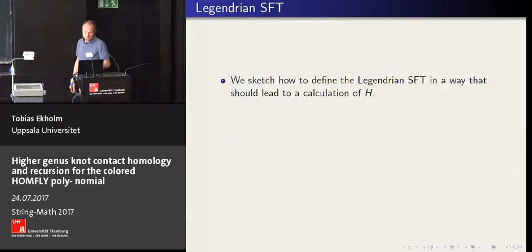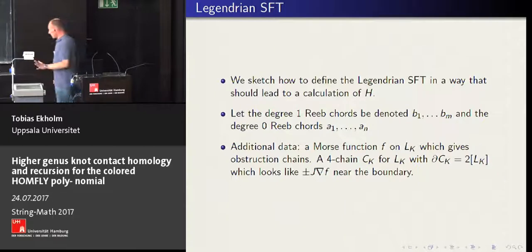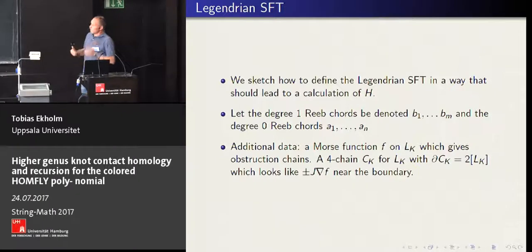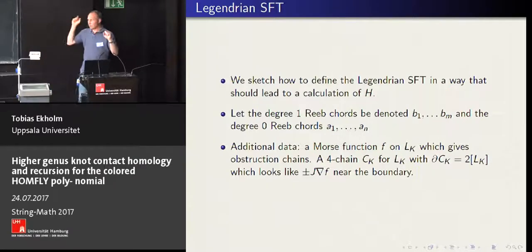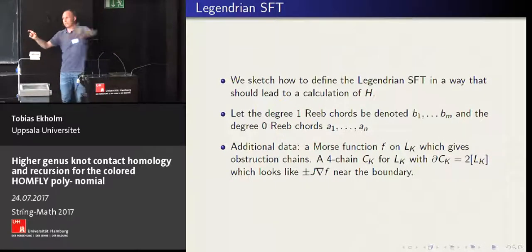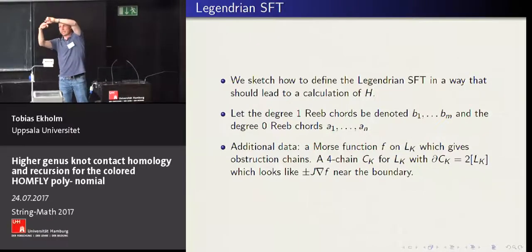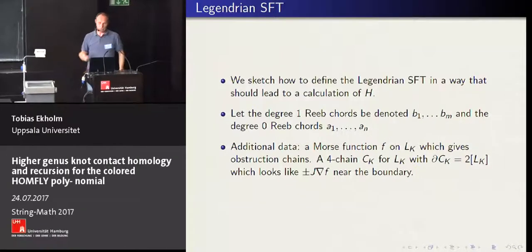So, let me give a kind of brief sketch of this construction, or what it takes to construct this version of Legendrian SFT. So, the main point is that before we had these rigid disks that interacted with a moving disk in some sense. So we could do with somehow stationary obstruction, stationary bounding cochains. But now this thing, as it moves, it can somehow intersect itself. And since we allow for higher genus, we have to deal with that as well. So we need to have some kind of dynamical